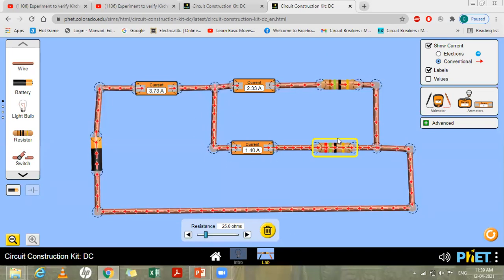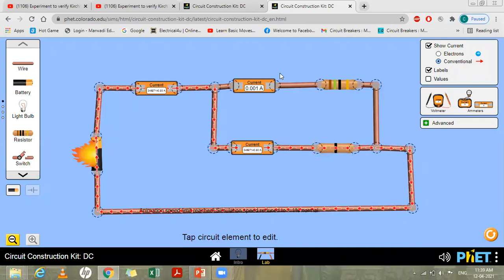Okay. So let me just create the short circuit over here. That means I have to put 0 value of resistance. Yes. So almost 0 current is going, you can see. Almost 0 current is going. That means all the current is passing through this shorted path, and your supply voltage is burnt out, because you can see the value of current in the ampere meter is very high under this condition, right?